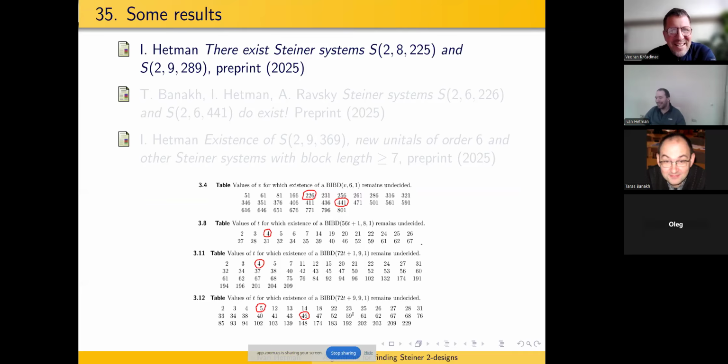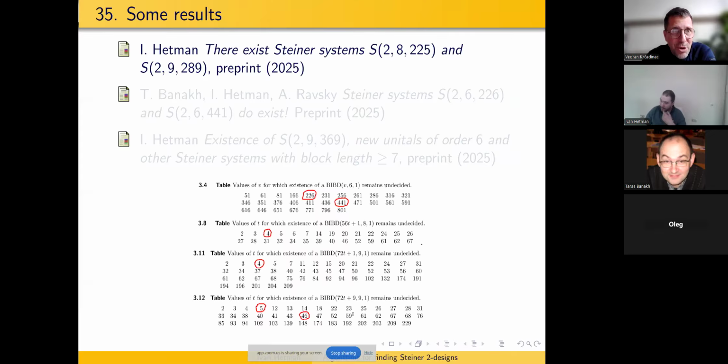is interested can download the slides and check that this is indeed the Steiner 3321 point Steiner design. And another thing, as Oleg already mentioned, whenever you have a new Steiner design, you automatically get a new strongly regular graph, and there is